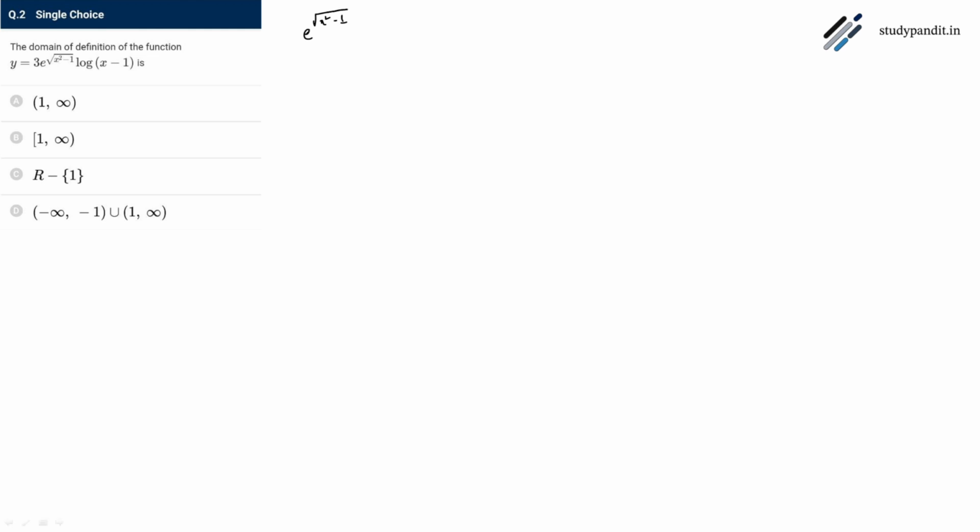So the domain of this function will be x square minus 1 greater than equals to 0. So the domain of this function will be x belongs to minus infinity to minus 1 union 1 to infinity,